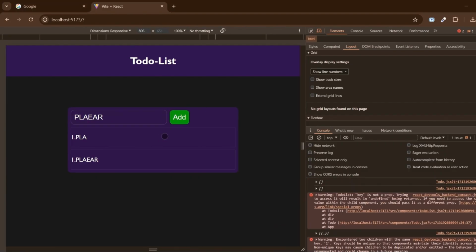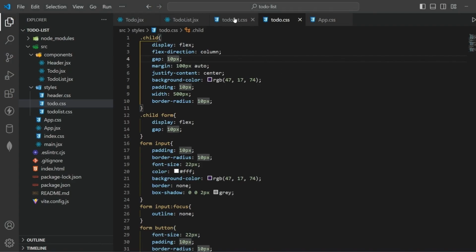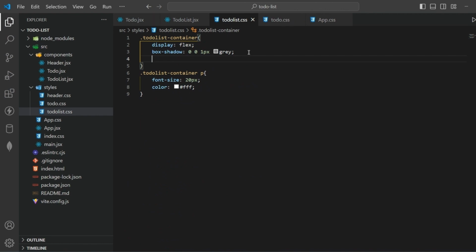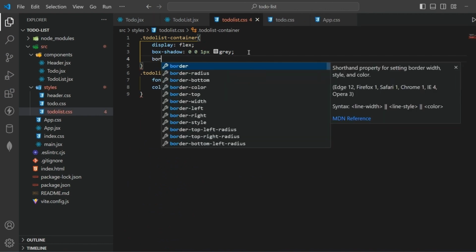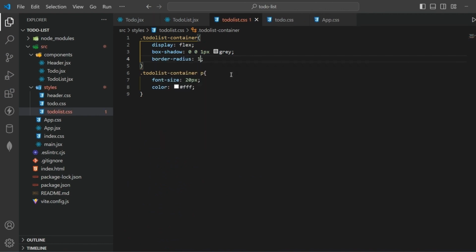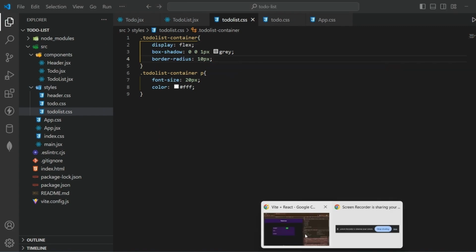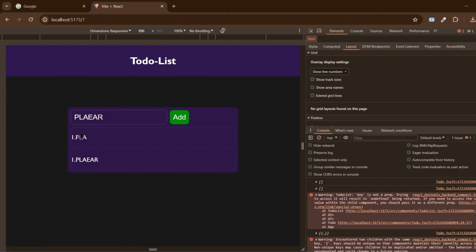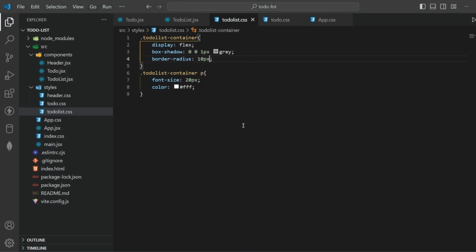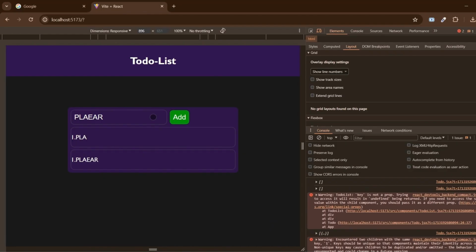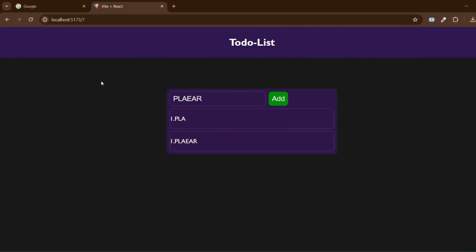Let's add some border radius for this to-do list. So border radius of 10 pixels. So let's add some box shadow of 2 pixels instead of 1 pixel. So it will be brighter. Now you can see